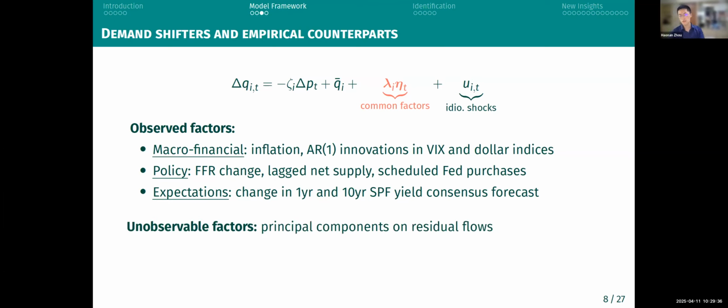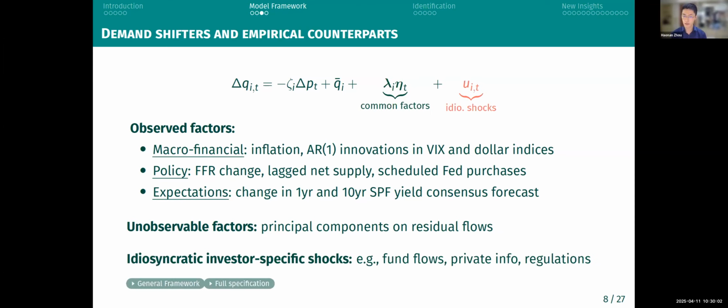Right. You could also accommodate unobservable factors. There could be something unobservable to the econometrician, some hidden factor structure that affects the different quantities demanded by different investors collectively. In that sense, we're going to use principal components analysis, extracting principal components from residual flows to account for this. And finally, as I mentioned, idiosyncratic investor-specific shocks are also going to be important potentially in driving quantities and eventually driving prices. So you could think of this as idiosyncratic fund flows,